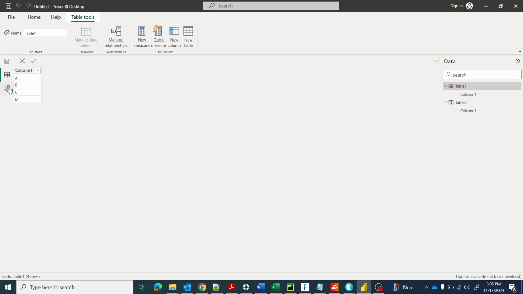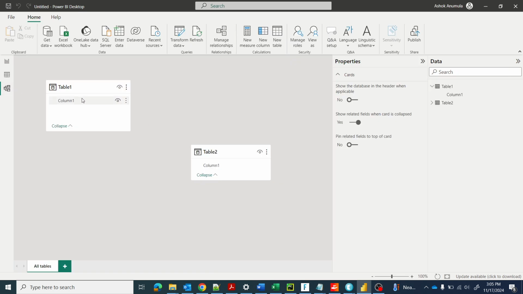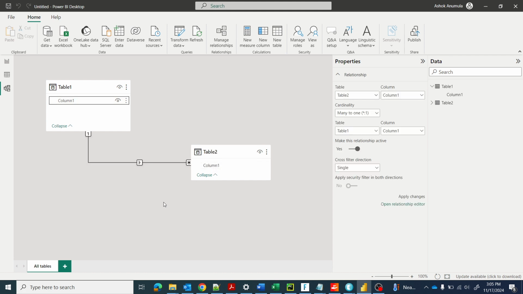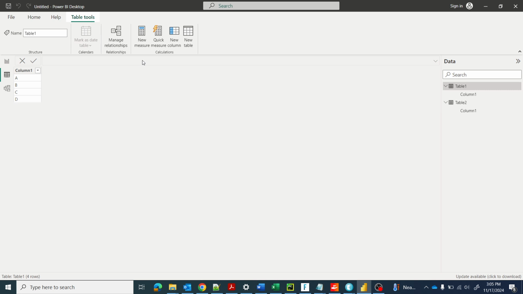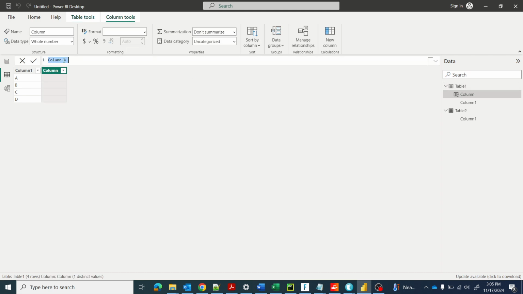Okay, let's see, there is no relationship, so create a relationship. Okay, so two cases we'll see here, how to calculate in two methods. In the first method, when a relationship is present, we'll use a formula called RELATEDTABLE. Okay, let's use a DAX calculated column. Okay, this is using RELATED